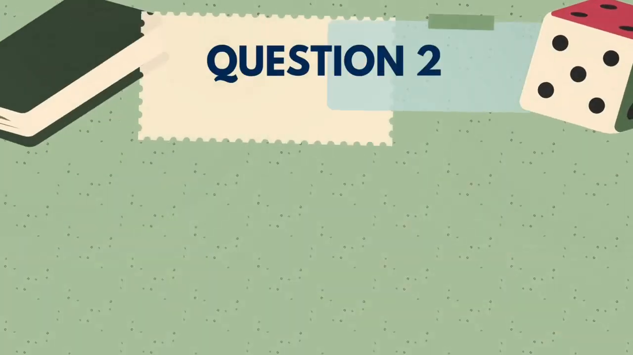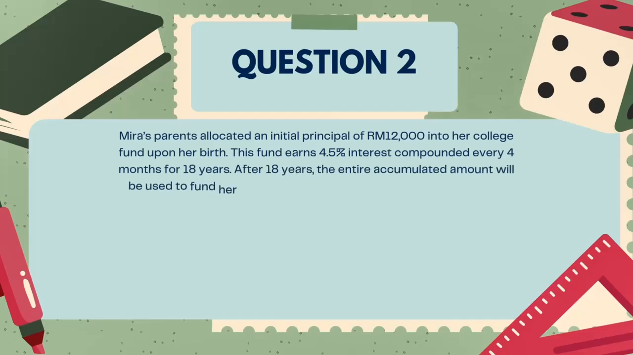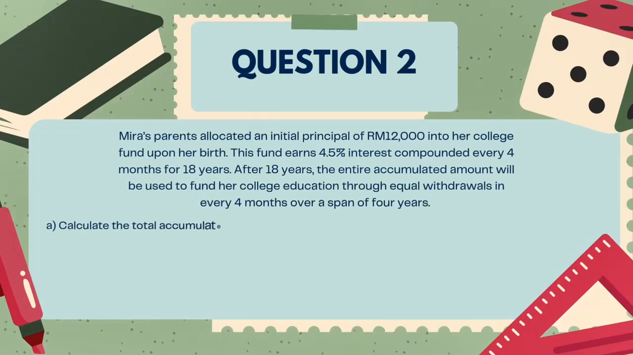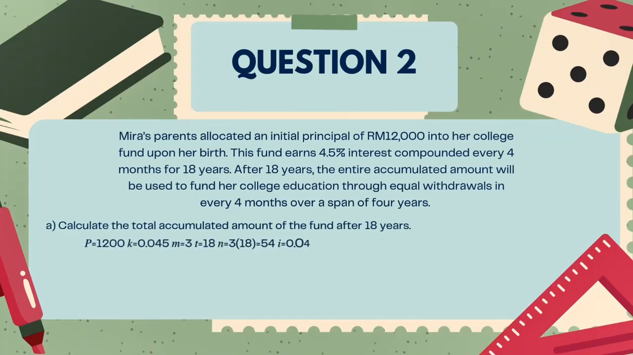Question 2 Part A. We are told that Mira's parents invested 12,000 ringgit into her education fund at birth. This fund earns 4.5% interest compounded every 4 months for 18 years. It means that P equals 12,000, i equals 3 divided by 200, n equals 54. We use the compound interest formula, which is S equals P, in brackets, 1 plus i, power of n. So S equals 12,000, in brackets, 1 plus 3 divided by 200, power of 54. So S equals 26,813 ringgit